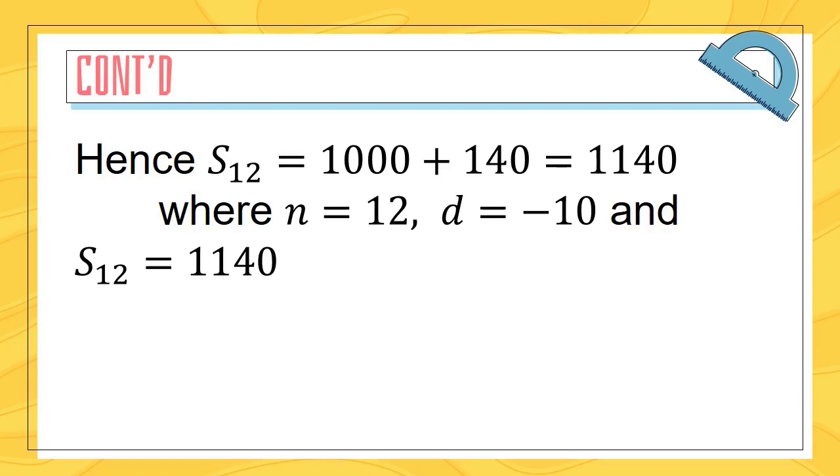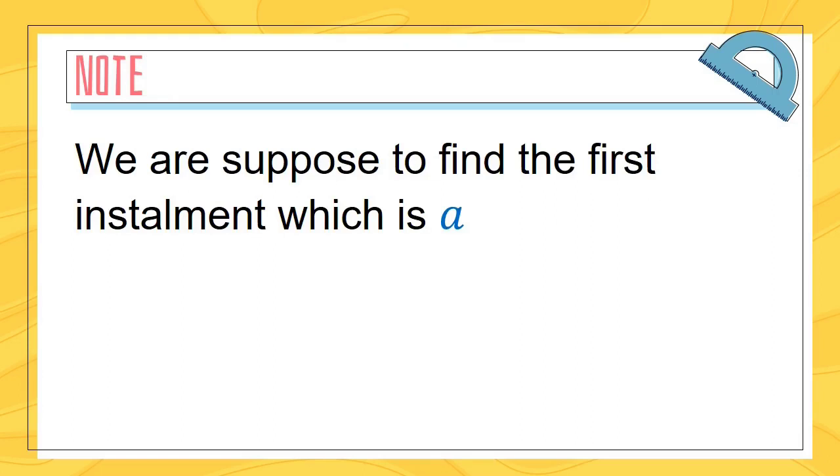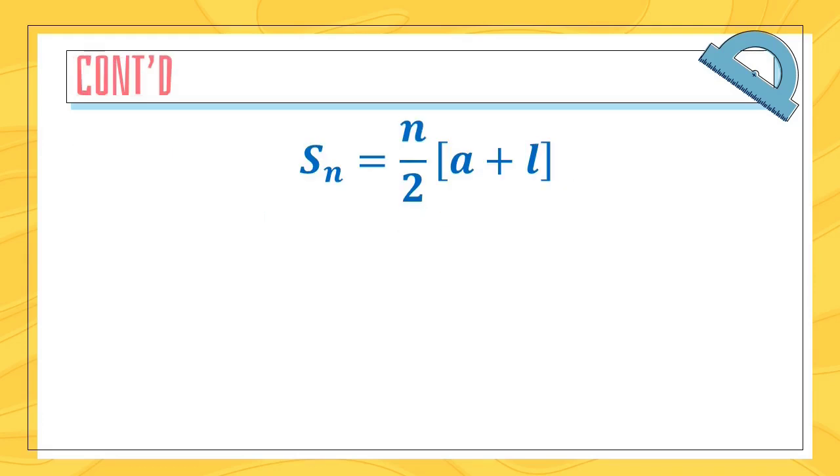And the sum, or the total amount you'll be paying after the 12 months period, is 1,140 Ghana cedis. Now let's take note that we are supposed to find the first installment. The first installment talks about the first term, which is denoted by A. To determine the first term, which is denoted by A, we need to apply the formula for finding the sum